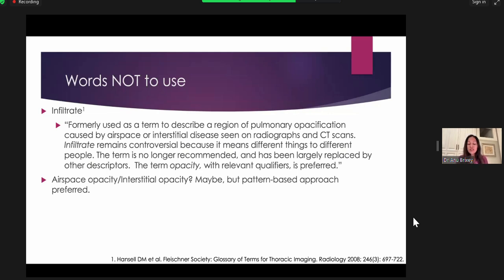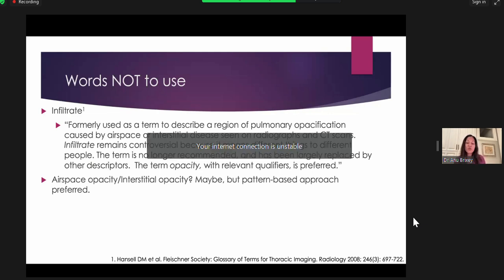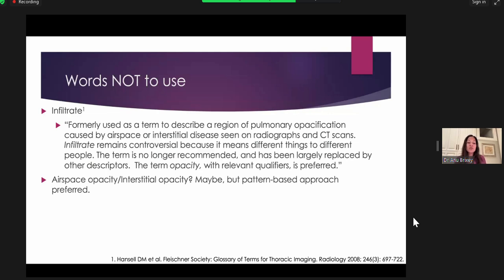So do you see consolidative opacities, ground glass attenuation? You use more of the pattern to describe the findings rather than the location within the lungs, because most of the time you can't be absolutely certain. Another term that, at least in the United States, I commonly see being used by